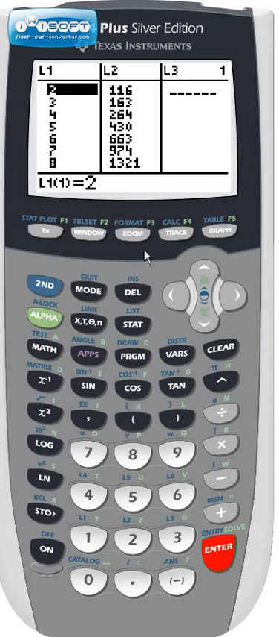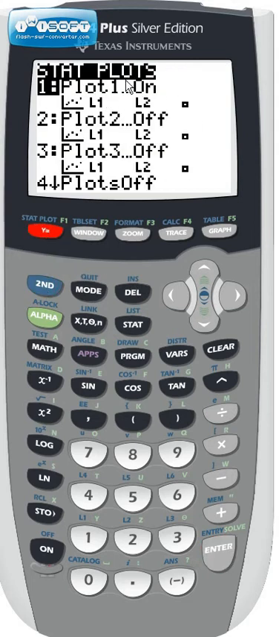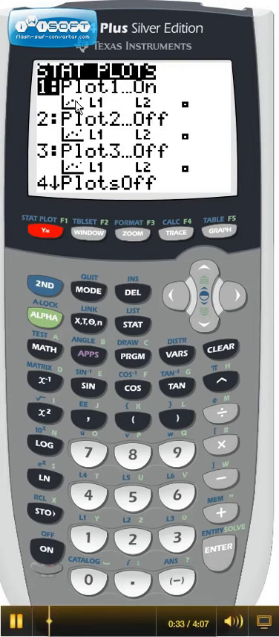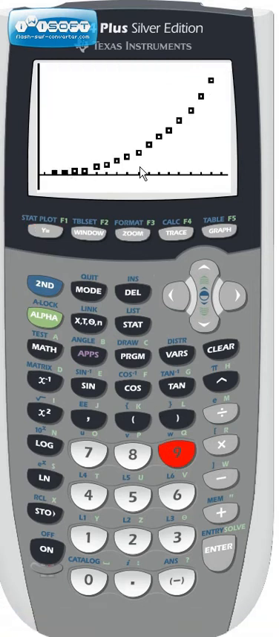Once the data is entered, then I'm going to turn on my stat plot. So second, y equals, making sure my plot is turned on. I have a scatter plot and I'm plotting against L1 and L2 using a mark. I'm going to press zoom 9, which is zoom stat, and now I have a nice picture of the data,